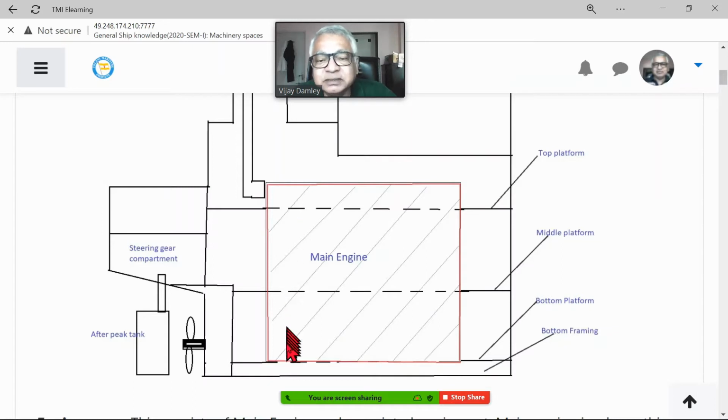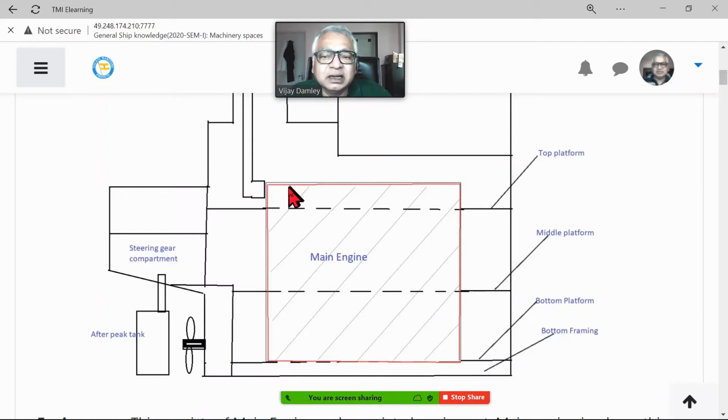So what happens is, at the bottom it is bolted. Then this is the ground floor. Then this is the first floor of the shopping arcade. The engine is in the middle. From the sides, there is a platform created which is not connected to the engine, but it is very close to the engine. Why? Because there is a certain thing, you want to touch the engine for inspection, this, that, whatever. Similarly, there is another one on top. Normally ships have a bottom platform, middle platform, top platform. Generally they manage with it, and an odd ship may have one extra.